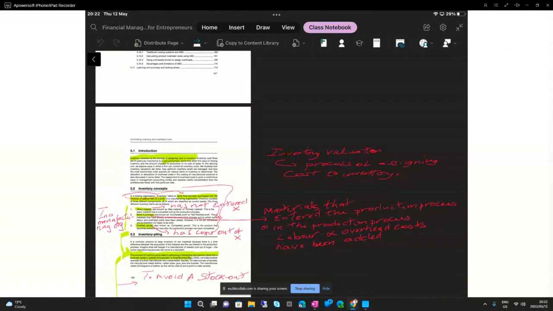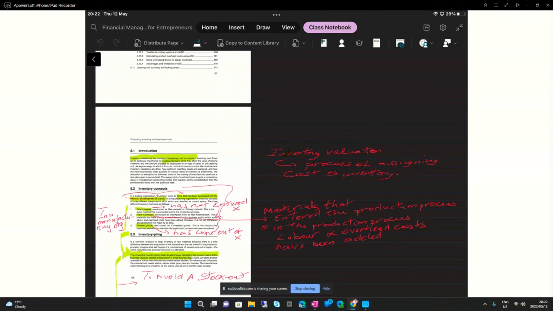You will be required to price your material fairly, and pricing something would require you to know exactly what the cost of it is, and that's what it's all about in this chapter. It's about identifying costs of